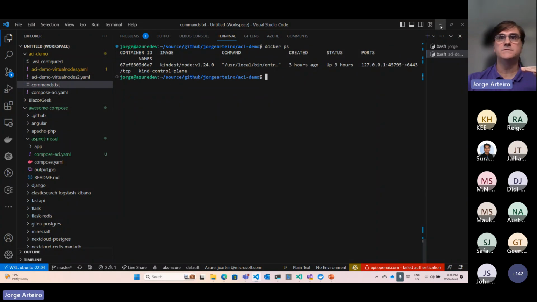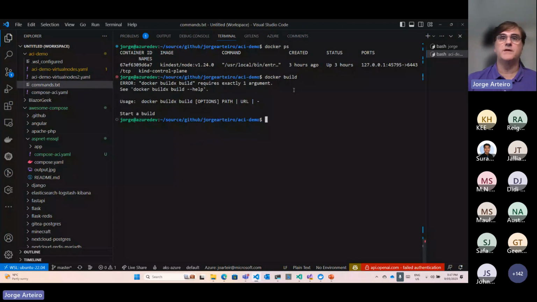Just build your code. You can run the docker build commands locally here as well, that I was talking about. And if you run docker build --help, you're going to see the documentation on how you can build your container image.